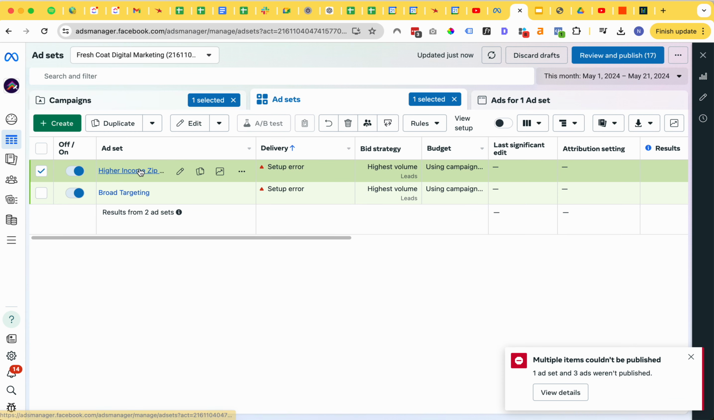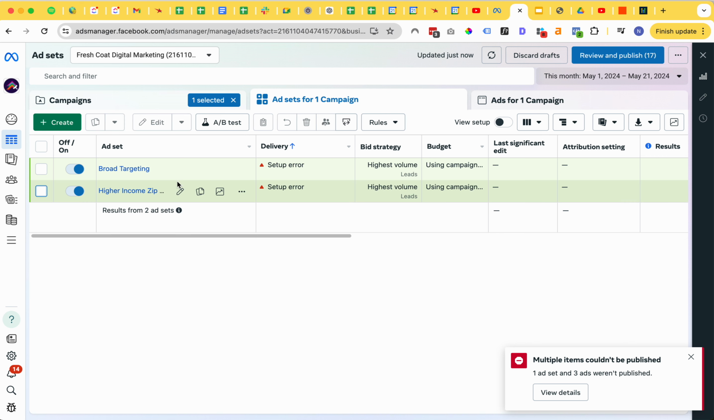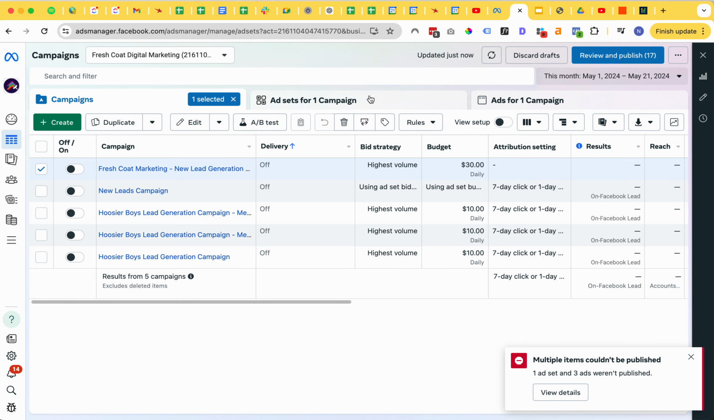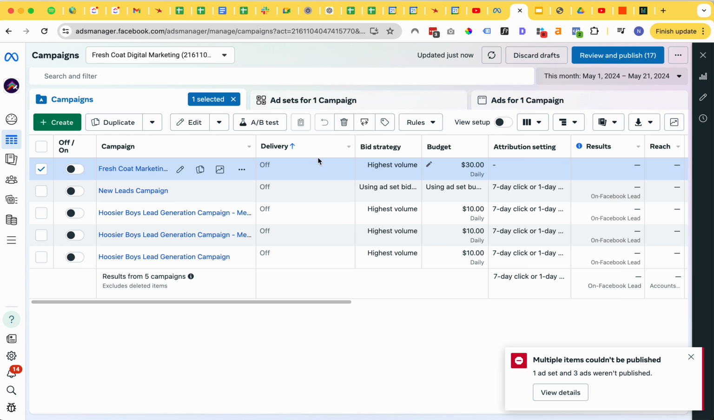So what you're looking at here now is we have one campaign, 2 ad sets with the same ads on there. What you're going to want to do here is run these head to head, basically. When the campaign gets started, it's going to spend the $30 a day, and based on which one is working the best here between the broad targeting and the higher income zip codes, that is going to trigger this